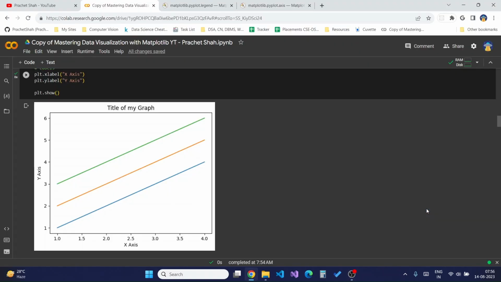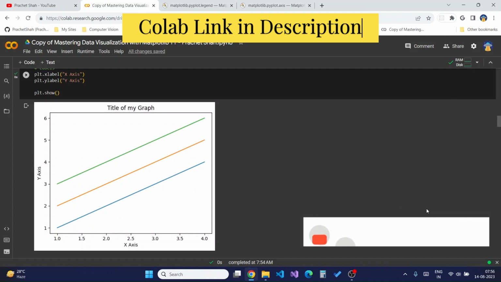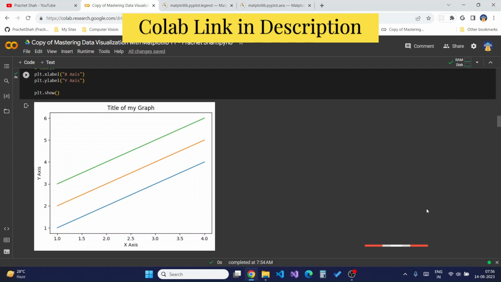In this video, we will be learning about legend, grid, axis, and further customization of graphs in Matplotlib by adding line styles and marker styles to the existing graphs, and also to create subplots to display multiple figures in the graph. Now to do the hands-on coding with me, you can go to the description of this video and go